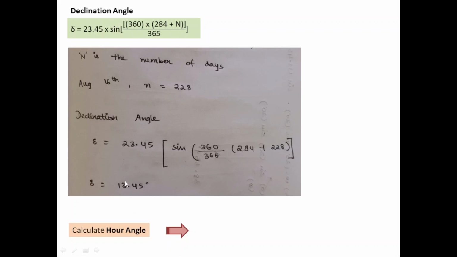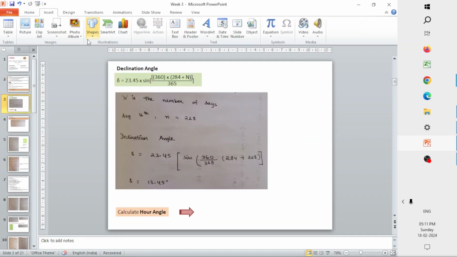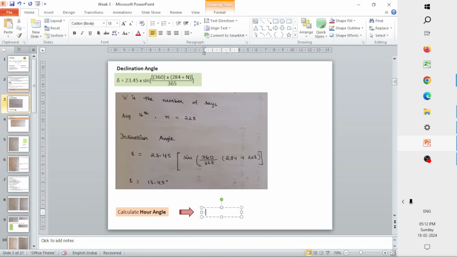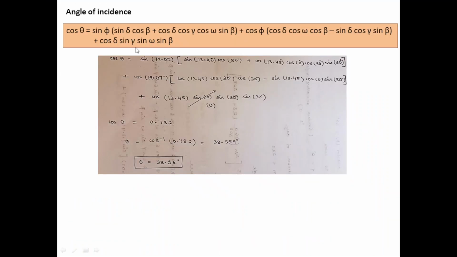The declination angle was around 13.45 degrees and the hour angle came around minus 30 degrees. The reason it is minus is because the local apparent time is in the afternoon, after 12 p.m. In the afternoon we take the sign convention as negative. So we completed the calculation of the angle of incidence